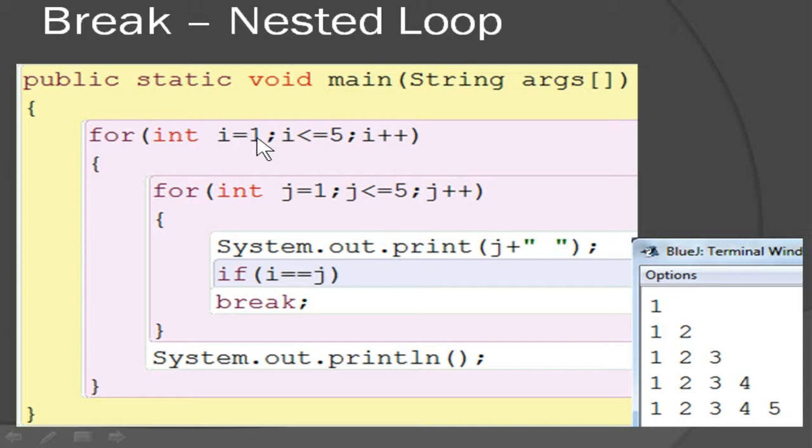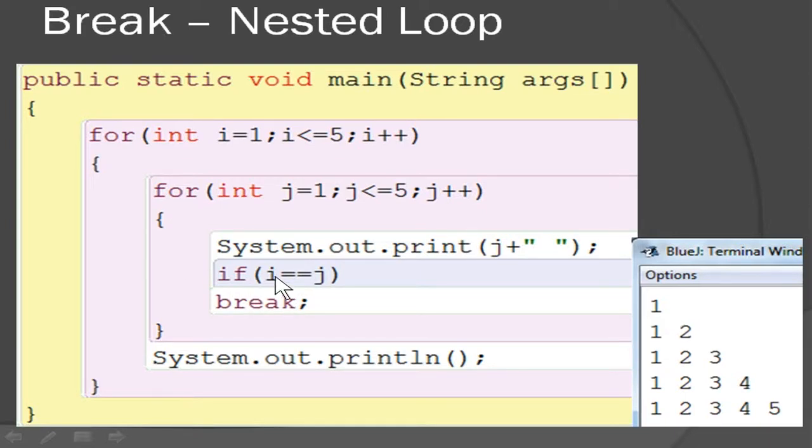Now i value is 2, so 2 is less than 5, yes it is true, it will enter the inner loop. j value is 1, and 1 is less than 5, so the condition is true, it enters the inner loop. Now it prints the j value, that is 1. i value is 2 already and j value is 1, so this condition is false. So the body will be executed and then it goes to the updating of j value, so it becomes 2. Now 2 is less than 5, so the condition is true, it enters and it prints 2. So this is how the next statement works.